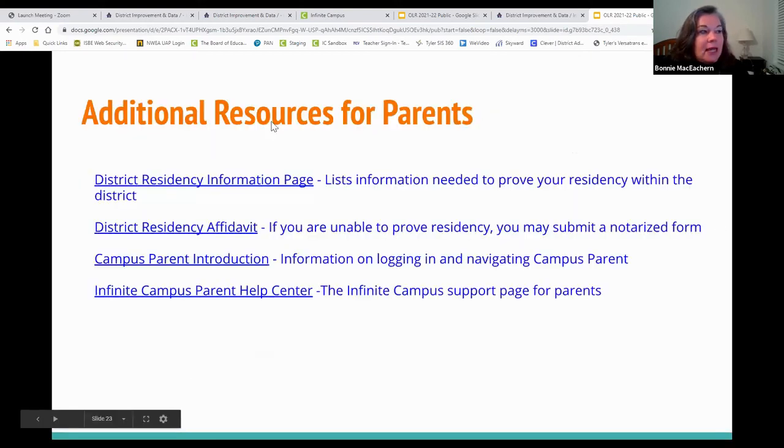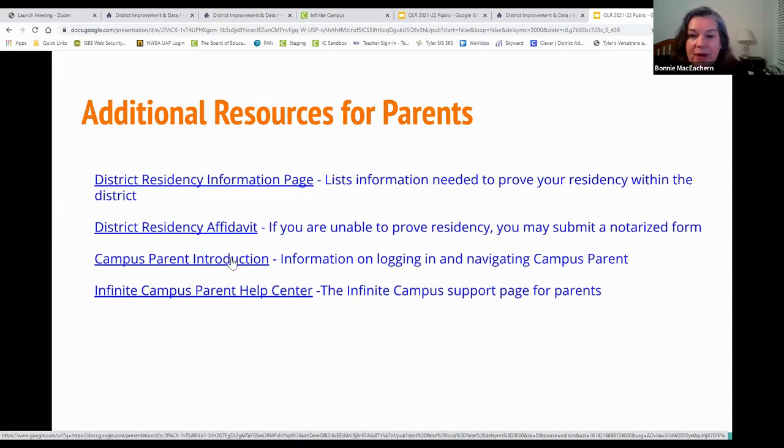there is a list of additional resources. So Introduction to Campus Parent, which Tim shared earlier, how to get into Campus Parent, how you can access different information that you need. District residency information page: what do you need to provide to show that you are a district resident? The district residency affidavit. If you're unable to provide the documentation we ask for, you can click that link and download a form that can be notarized to help in providing